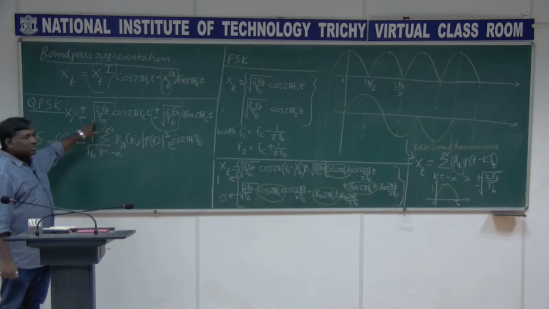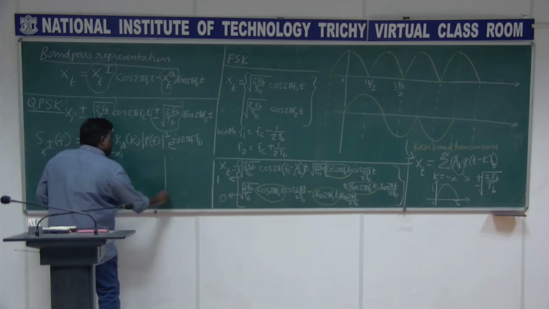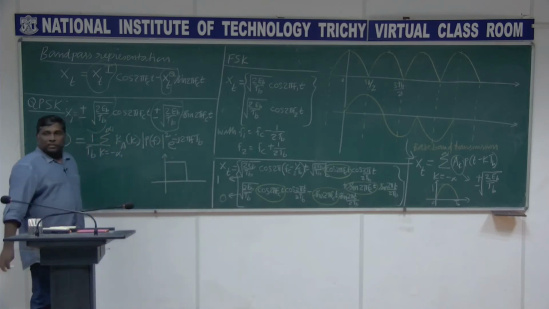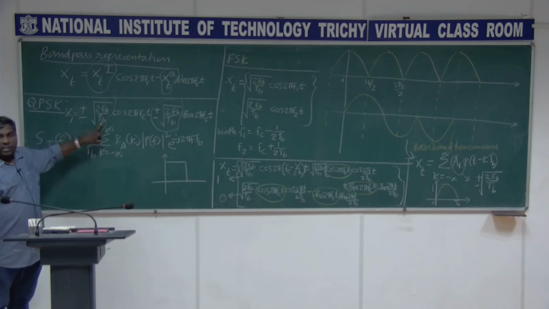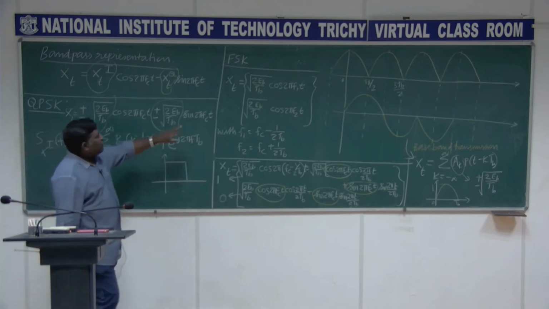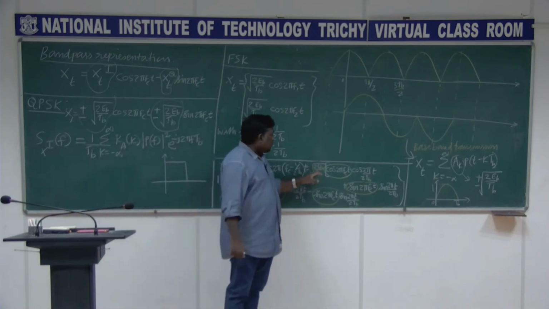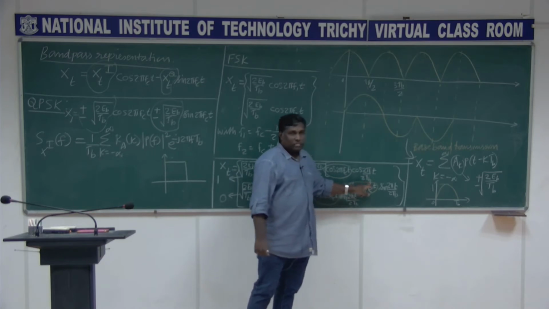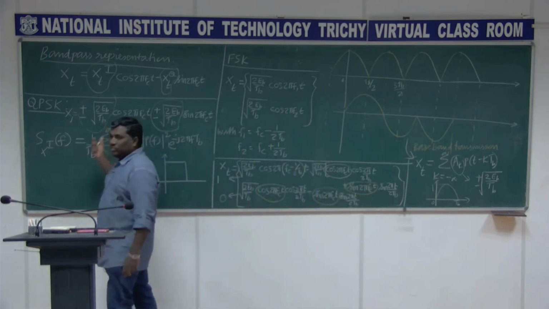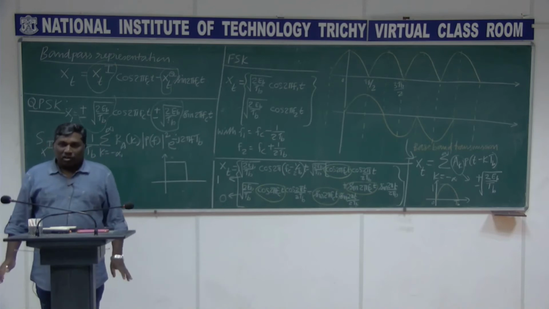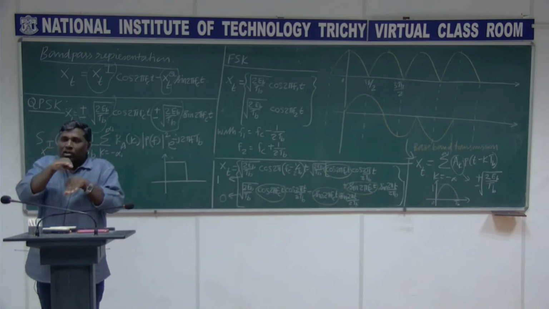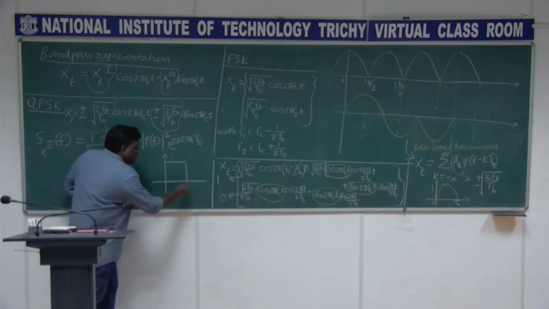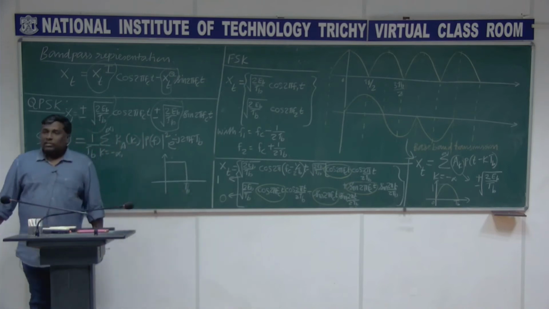What is the pulse we used here? The pulse used here is a rectangular pulse. For QPSK it is a rectangular pulse, isn't it? Because you see the root of 2E_B by T_B. In case of FSK, root 2E_B by T_B is multiplied with cos 2 pi t by 2T_B, but here it is not having that term. It means it is getting multiplied with some constant, so my pulse shape is going to be a rectangle of duration T_B.